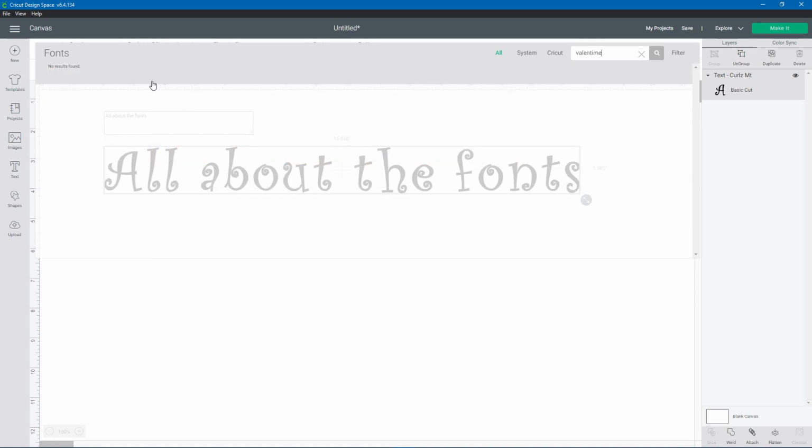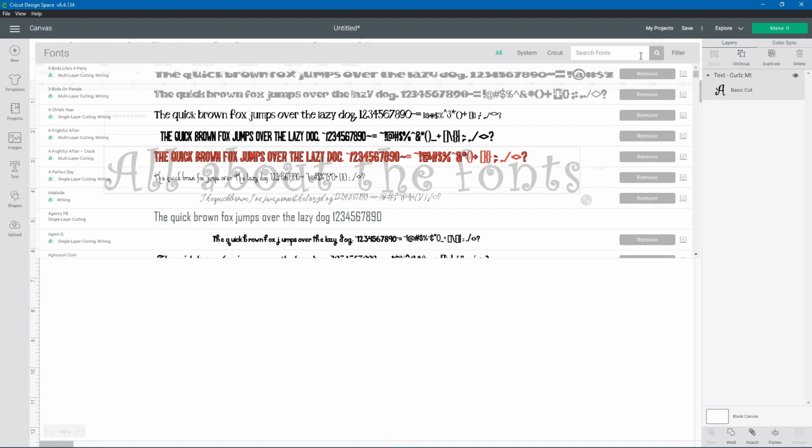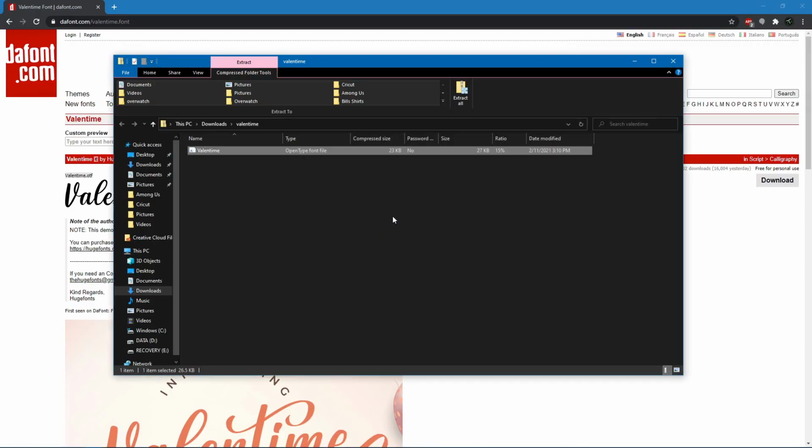it's not there. The reason it's not there is because when you open Design Space and many other programs, it loads whatever fonts you have installed on your computer right when you launch the program. So since I installed that font after I launched the program, it doesn't show up. So if I want it to show up in my list, what I have to do is close the program, go over to my other screen here, open it again, literally do nothing else, close it and open it again,